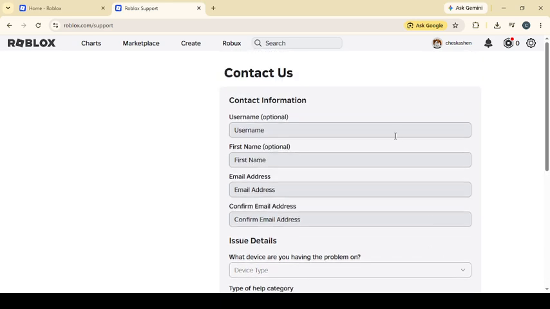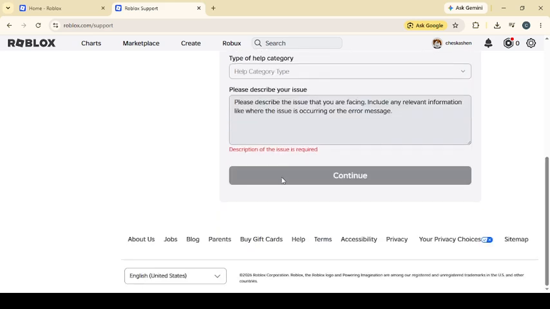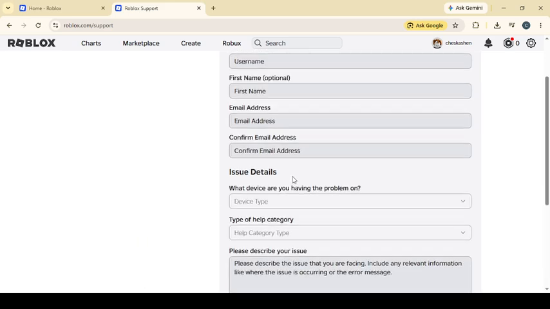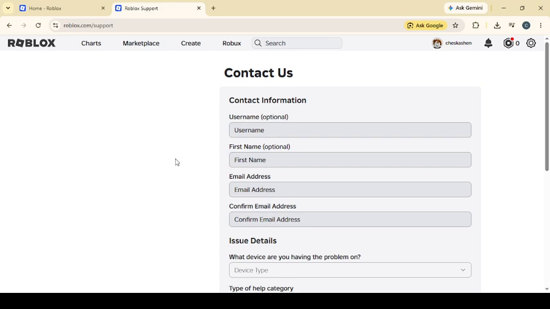Once you've filled everything out, review the information one more time to make sure it is accurate and complete. A careful final check can help prevent delays and improve the chances that your request is processed smoothly. That's it. You've now completed the support request setup for asking Roblox to